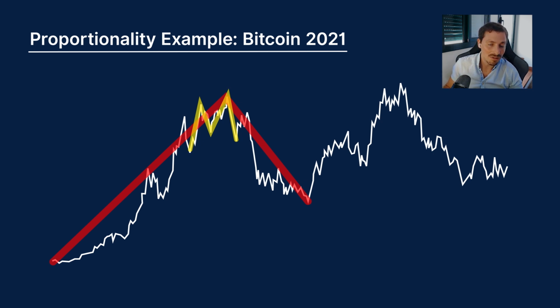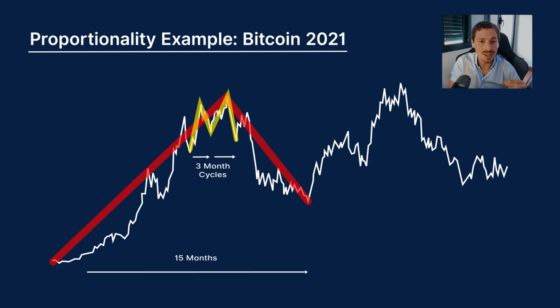This red wave is a year-long cycle. It's actually about 15 months in duration. These are 3-month cycles. Obviously, prices are not going to move as much during that 3-month period as they will over a 15-month period. And this is the principle of proportionality in action. Again, the longer the cycle, the more it will move prices. The smaller the cycle, the less it will move prices.